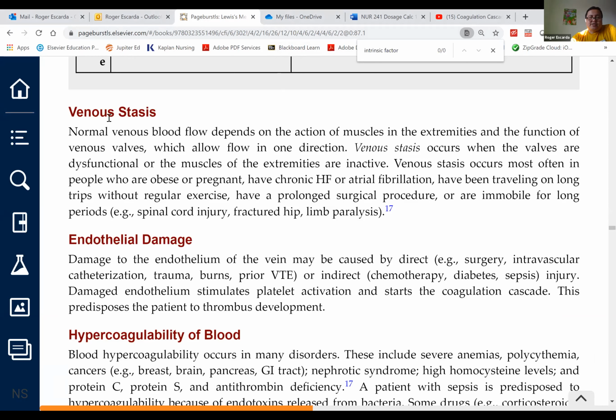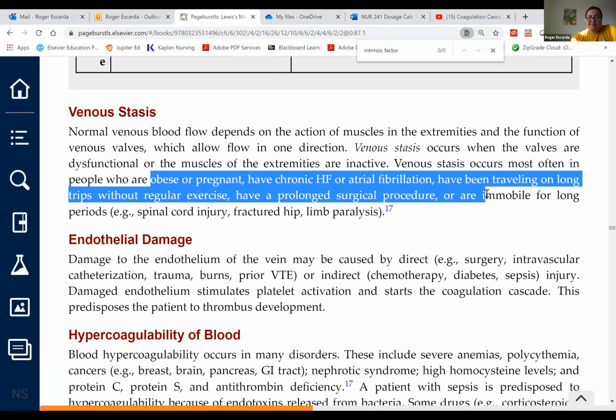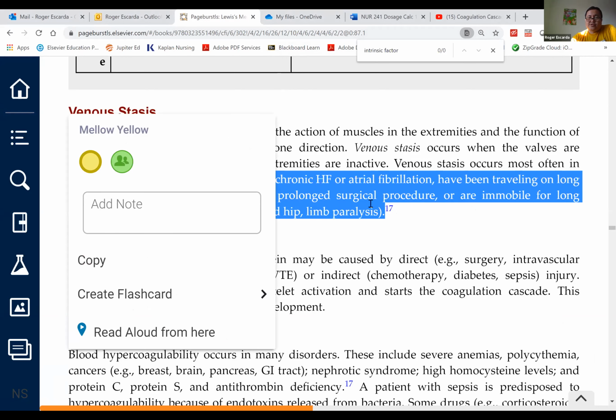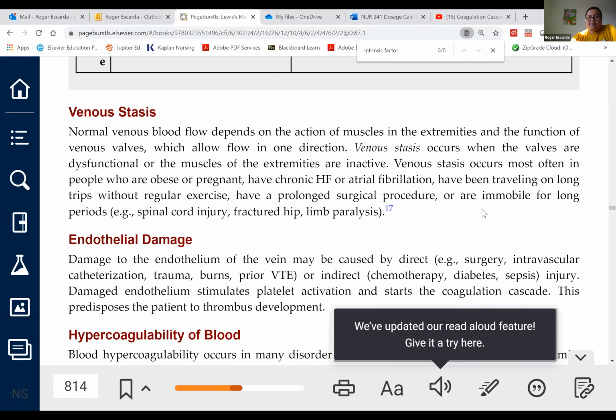The conditions that lead to venous stasis are the following: obesity, pregnancy, heart failure, AFib, people who take overseas flights, so let's say a 16-hour flight to Hong Kong, or have a prolonged surgical procedure, or have spinal cord injuries, wherein they ended up being paraplegic or quadriplegic, or are in a coma. So anyone who has an increased period of immobility, either brought about by their condition or a procedure, for instance,